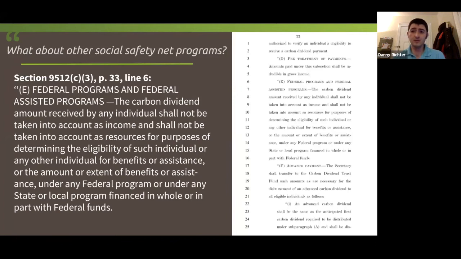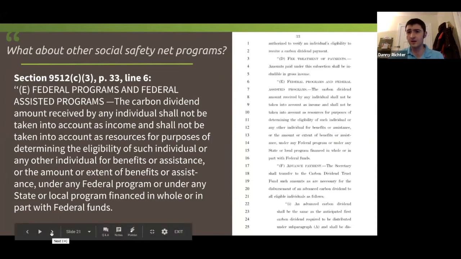People get benefits both from the federal government and from the state and from their local governments. This is a federal bill, so we just wanted to make sure that if they're getting federal money, that doesn't count. And this just makes sure that a maximum number of people who we really want to receive the dividend do in fact receive the full value of their dividend, and there isn't some trade-off with the dividend kicking them off of means-tested programs that they need. So this is language we went out of our way to include to protect those who really need to benefit from the dividend.